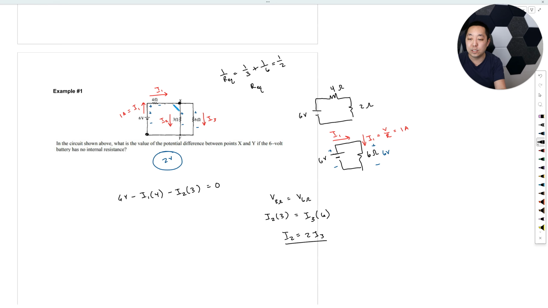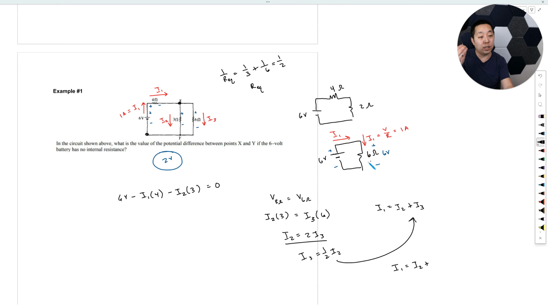Last equation is going to be KCL. I say I1's coming in, I2 and I3 are leaving this part here. So I1 is equal to I2 plus I3. But then you can plug I2 into here. Actually, we'll get rid of I3 because we know I3 is equal to 1/2 I2. So that goes into here. So that means I1 is equal to I2 plus